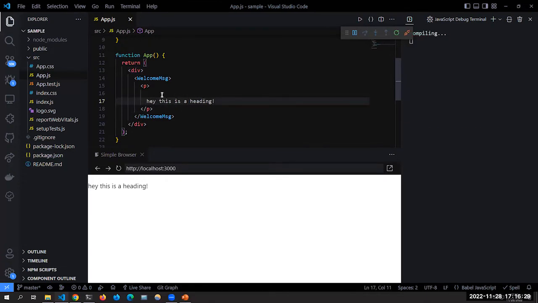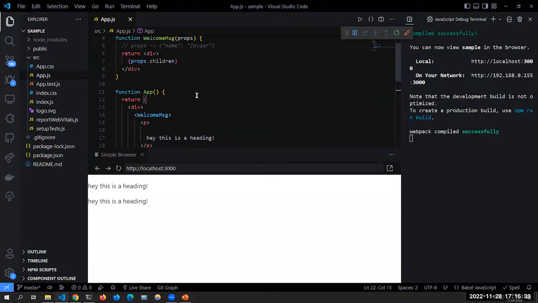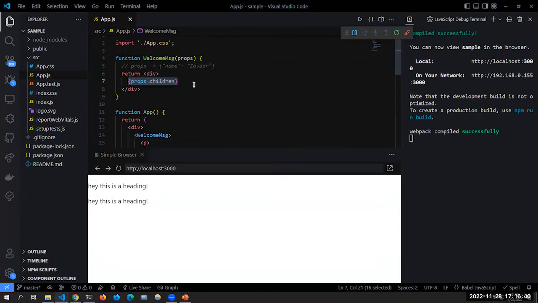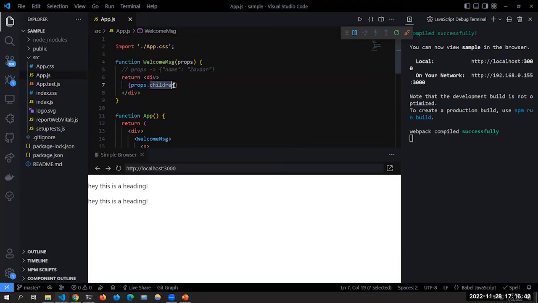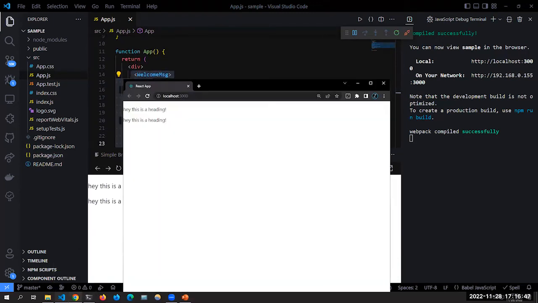And then I could just do like this, put it in a paragraph tag, and I could put whatever I want, really. I could say it twice. And this is all within here, and it'll render inside of here, if that makes sense. So that's pretty much children. And so props.children, that's what that does. It'll throw it in here. So moving on with that,